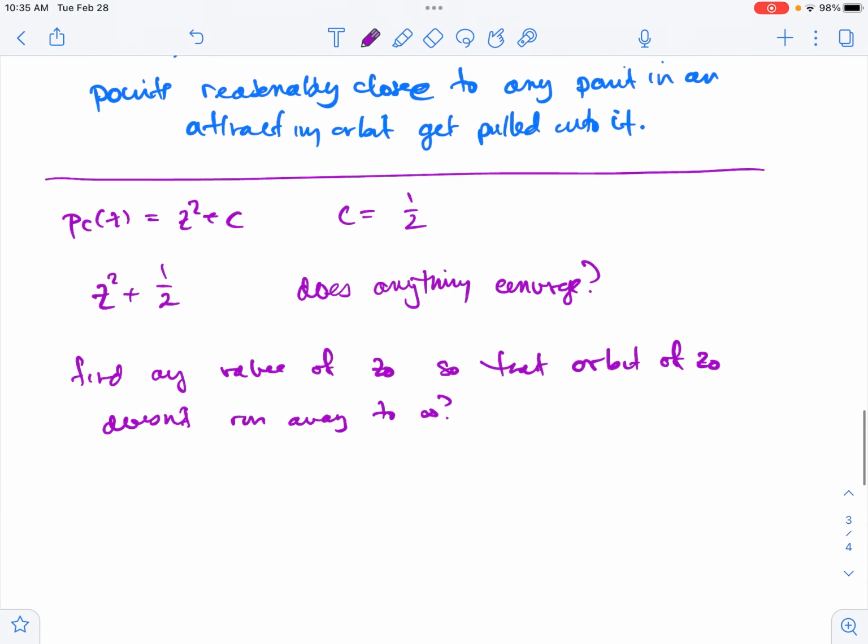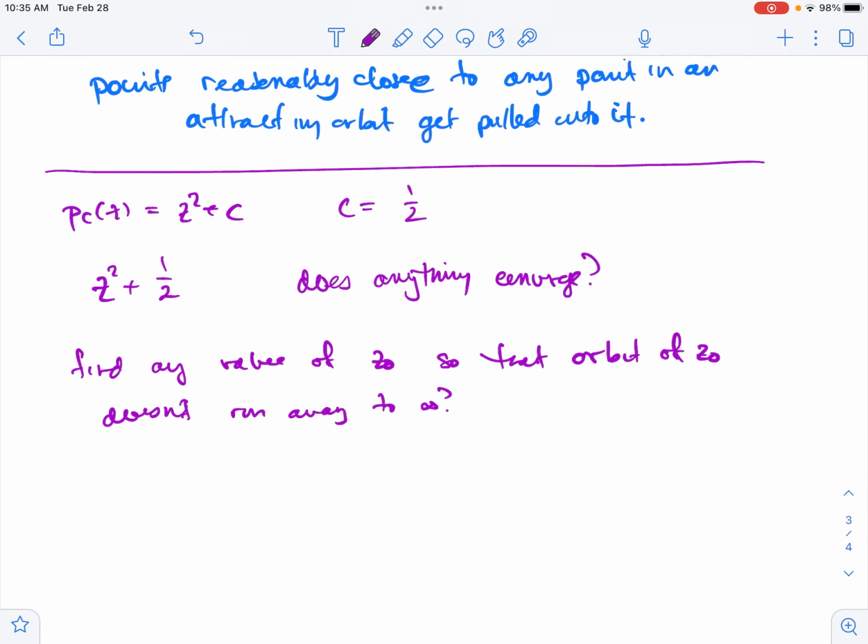One way of doing that would be just to calculate some iterates of this function in your favorite program or a calculator. This isn't so hard to do. And it's easy enough to post a Mathematica notebook on how to do this. I'll give some hints about some ways that you might approach calculating these orbits. So that's where I want to leave off today, in this exploration here, which is I'd like you, as an exercise,